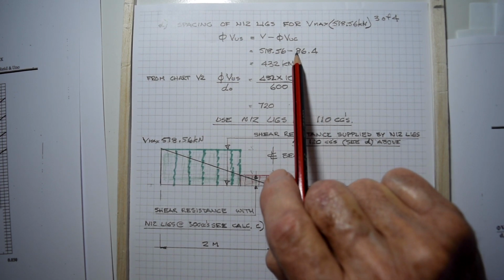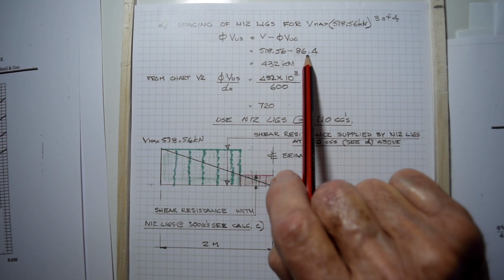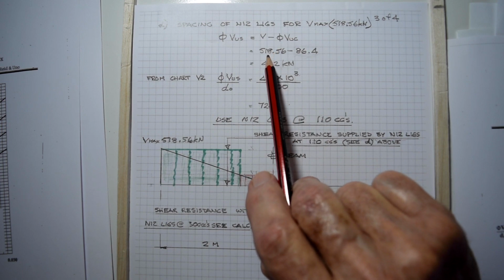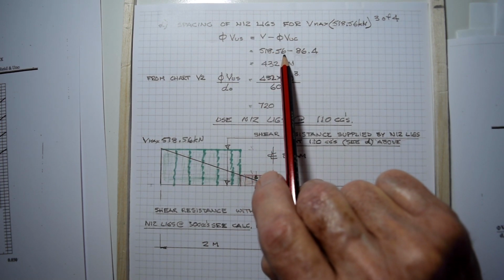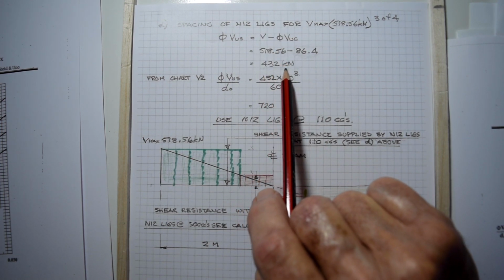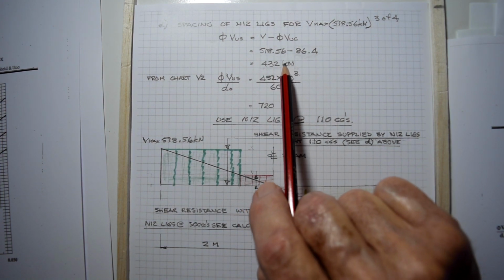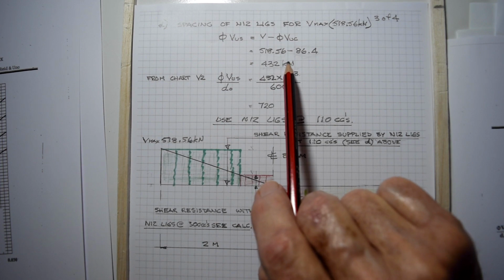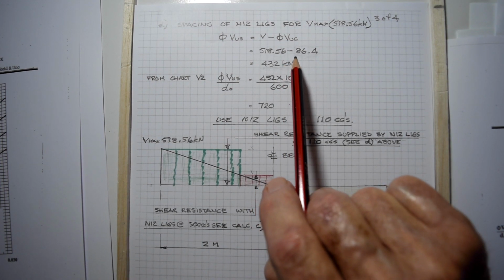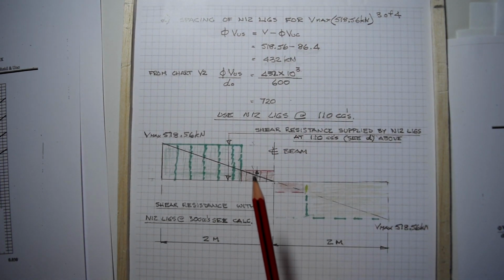That is there anyway, thanks to the tension reinforcement. This is the total shear force. This is the force that has to be carried by your N12 ligatures at whatever centers they are going to be, and they're going to be a lot closer than 300 millimeters, I might tell you. So